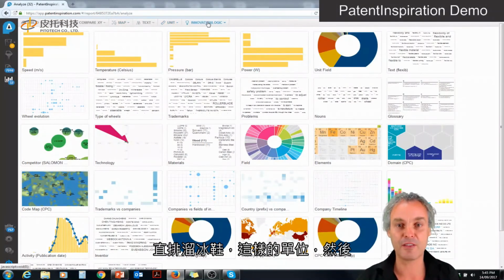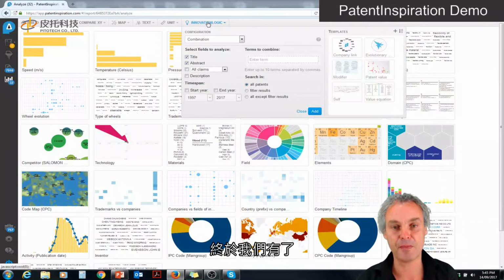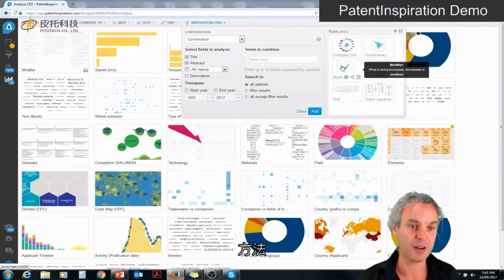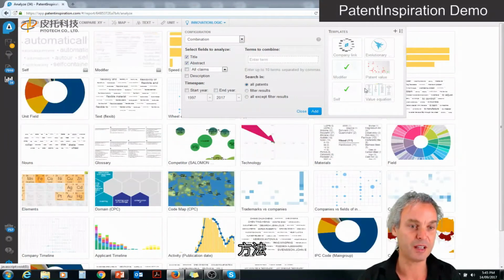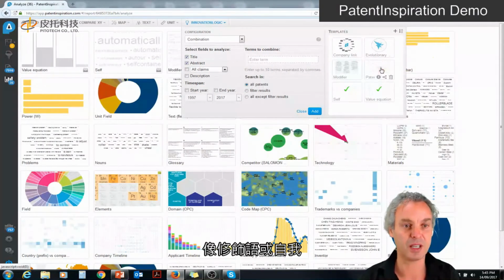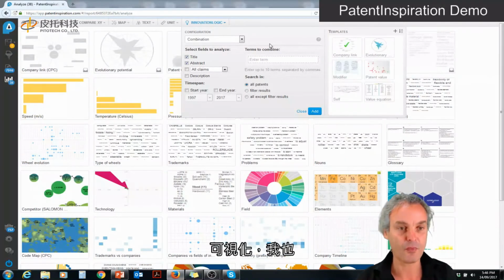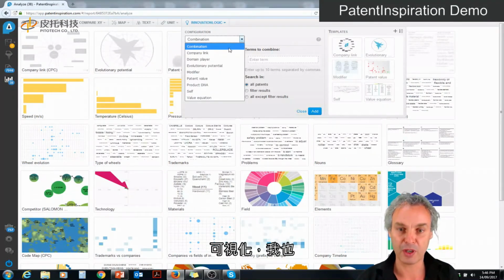So that's units, and then finally we have the toolbox, which is related to our methodology, like modifier, self, value equation, patterns, and so on. I'll open a few visualizations, and I'll also open what we call